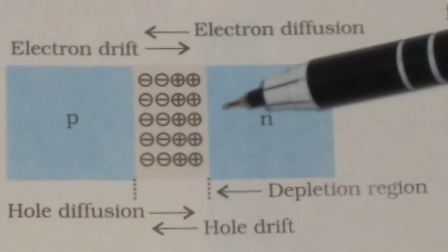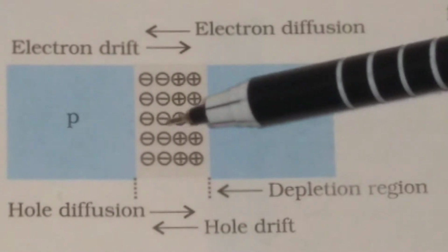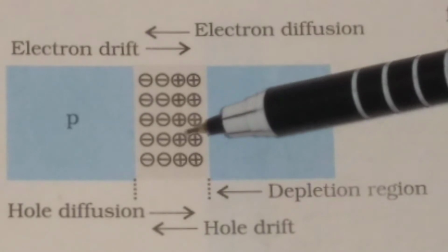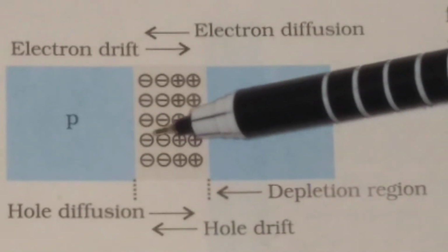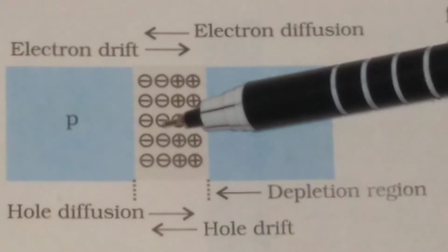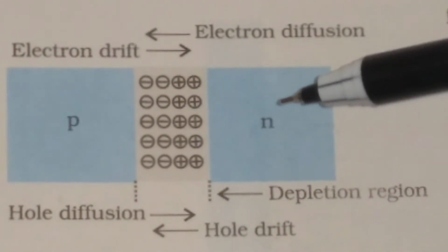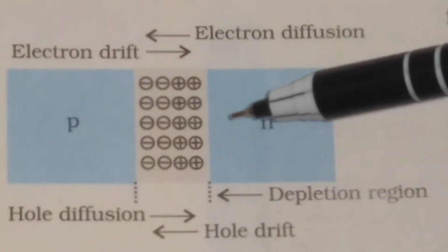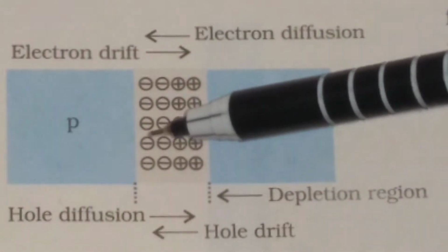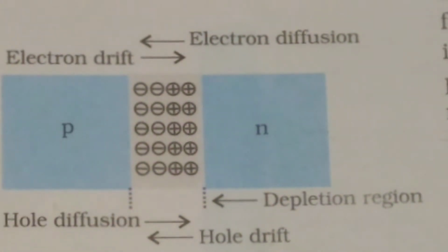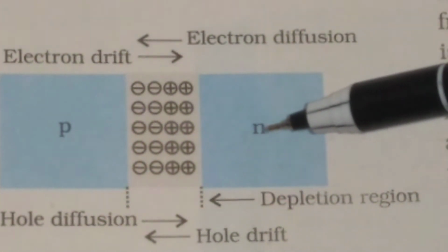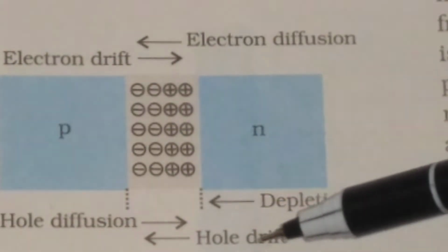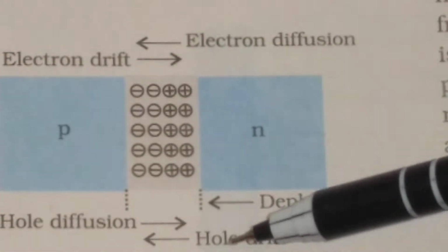You see, at this depletion region, you have an electric field. Due to this positive charge, the direction of the field is outward, and due to this negative charge, the direction of the field is inward. And in the n-type semiconductor, you have minority carrier holes, and these holes move towards the negative charge. That is, the holes from this n-type semiconductor will move towards the p side, forming the hole drift. This is called drift current due to the holes.